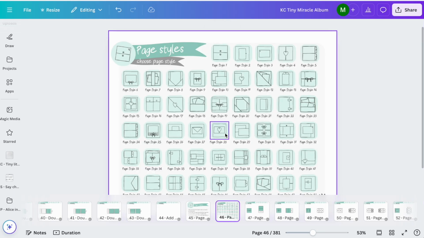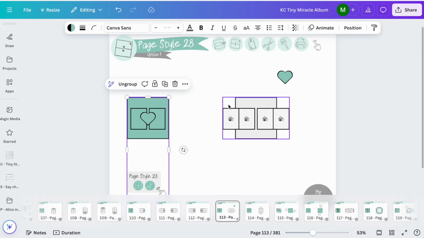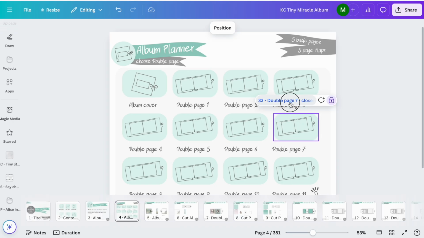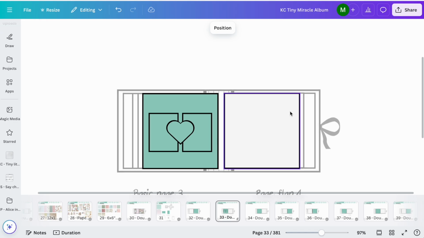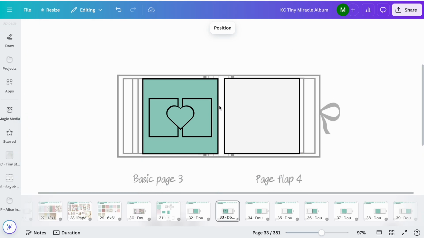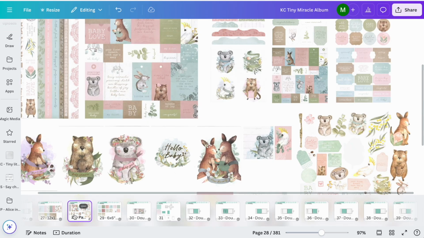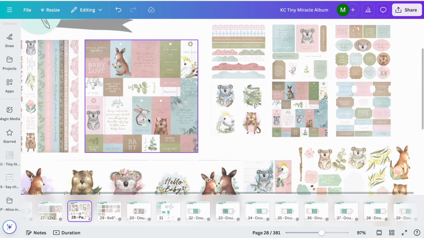Now on the next double page, I decided to use my interactive page style number 28, and this is also a very fun page style with 2 flaps you can open to the left and the right side, and this actually closes with a magnet closure in the middle. And when using an interactive page style like this with 2 main interactive elements, I know that I want to find